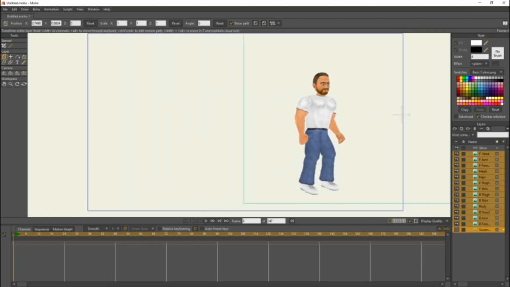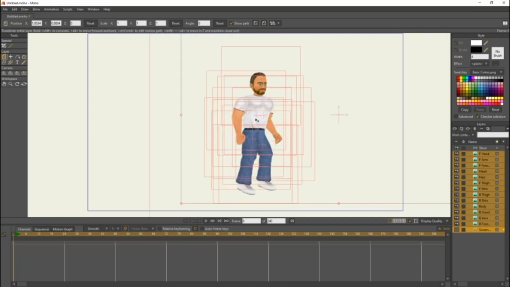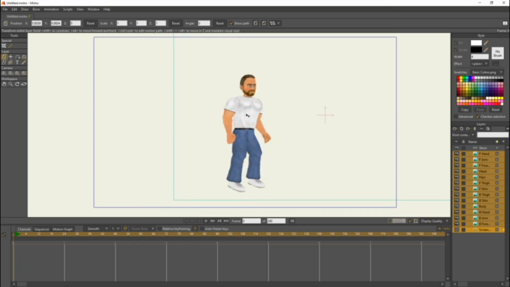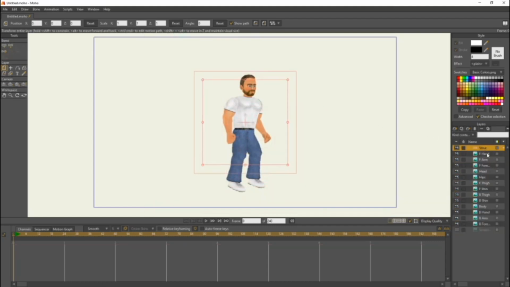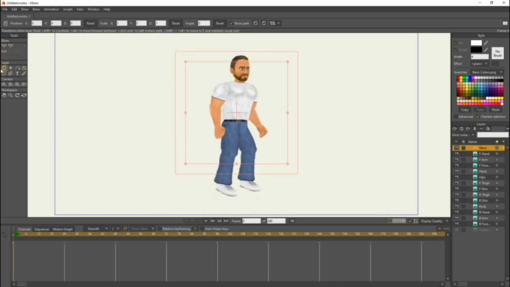So that moves all of these parts together. And we're going to try to put this right in the middle of the screen. So like right there, I think that's good. Yeah. So now come back up to the bone. The character's in the middle of the screen, so it looks a little bit better.